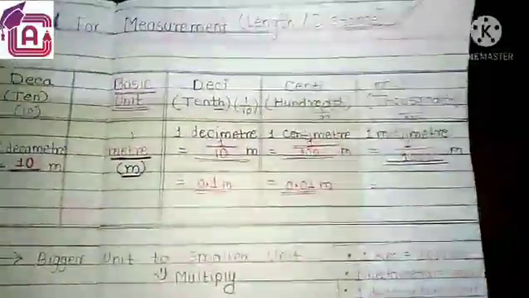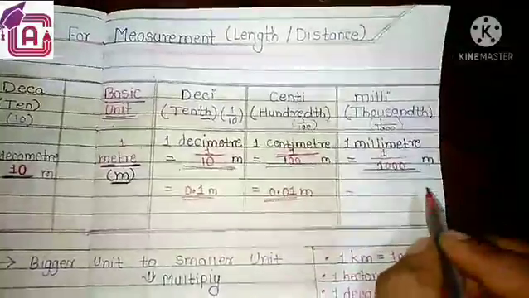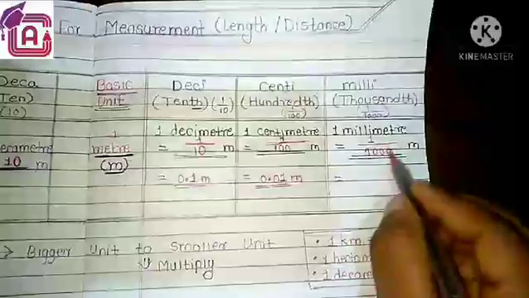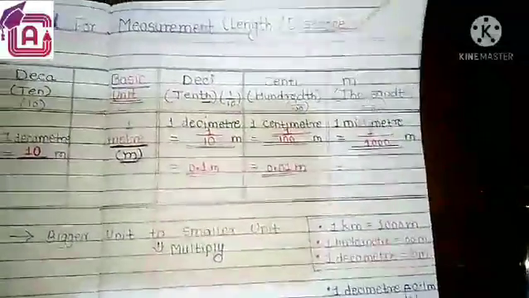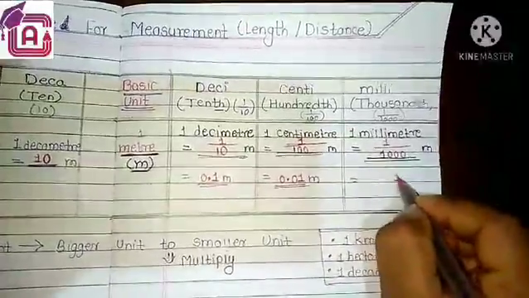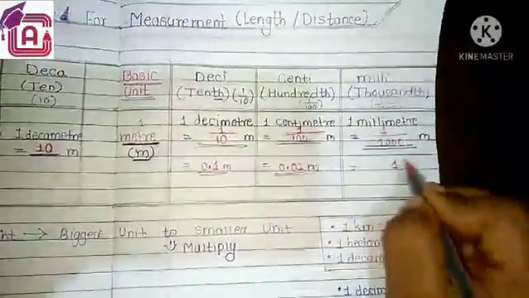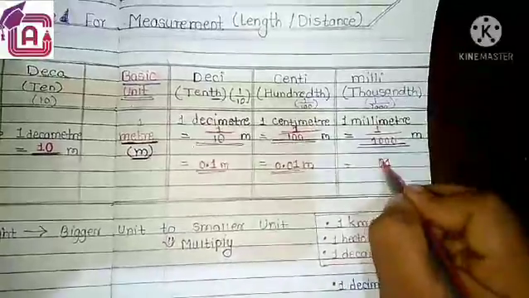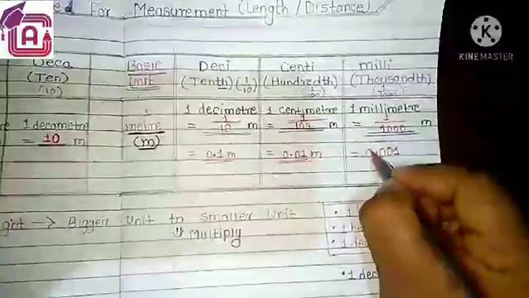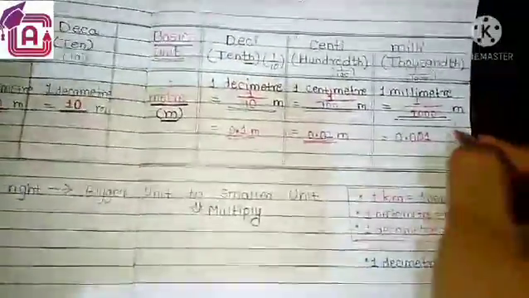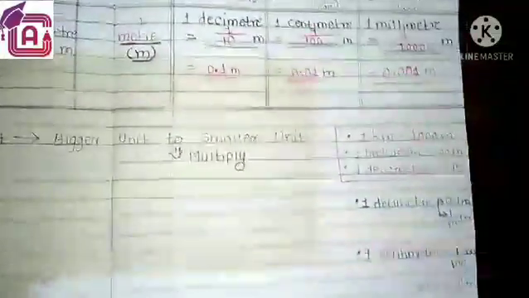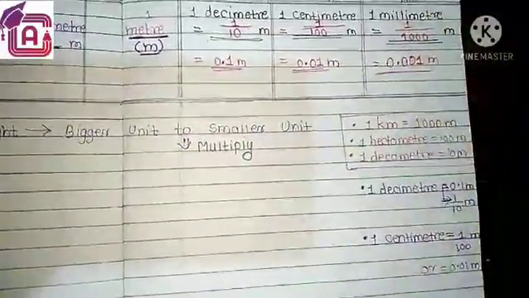1 upon 1000 meter. So how do you write it in decimal point format? How many zeros are there? 1, 2, 3. So we have to put 3 places from the right side. First write down the 1. First place is present. Second place is absent, so I am writing 0. Third place is also absent, 0. Then we put a decimal point. After that I am writing a 0. So 0.001 meter is equal to 1 millimeter.